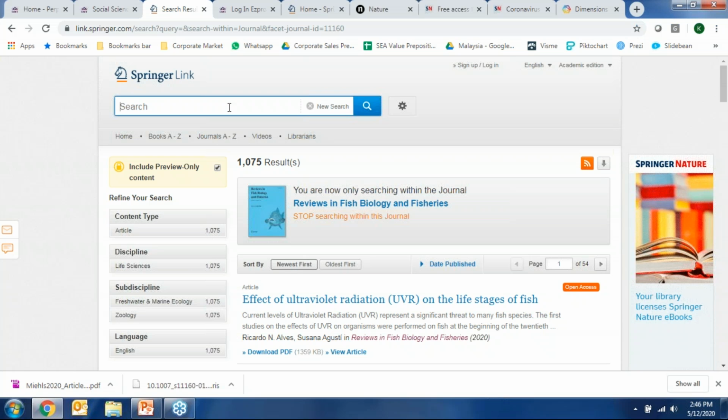This is the right time to drill down and be more specific about the terms you may be looking for. So perhaps I can use a search term, for example, fish populations, and overfishing, for example.